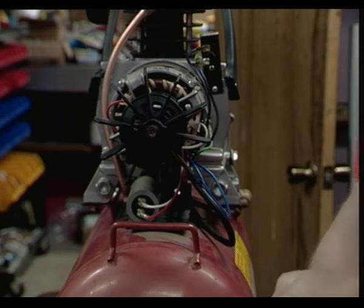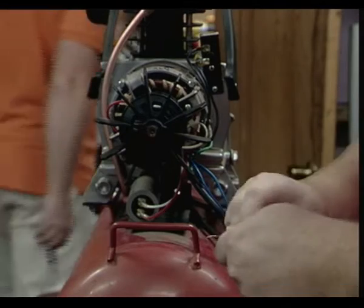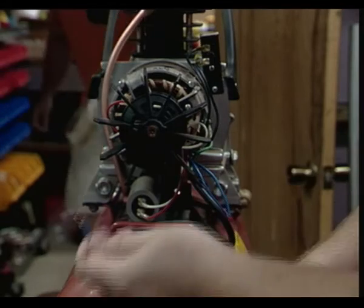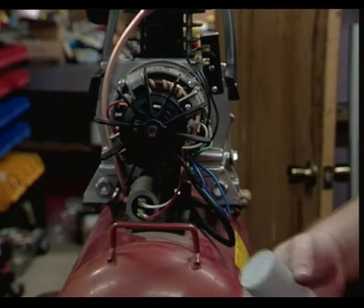Can you get some zip ties, that bucket of zip ties over there from the bottom of the parts tray? Little ones? No, get the whole thing and we'll figure out the right size here in a minute. Where'd you get this big thing of zip ties? Oh, I don't know. Maybe